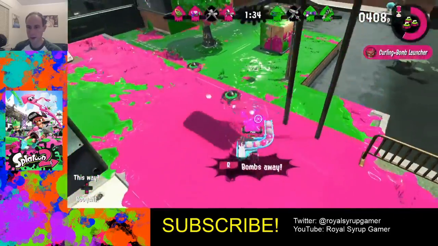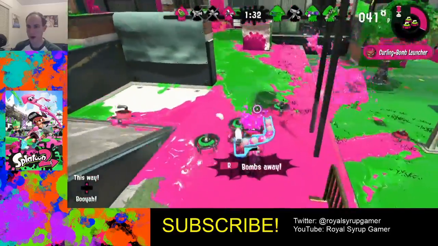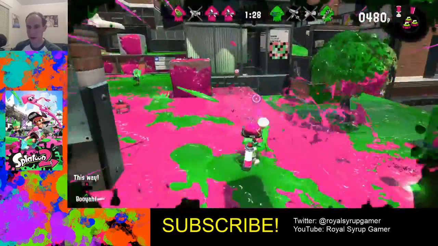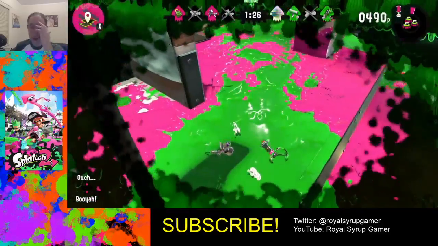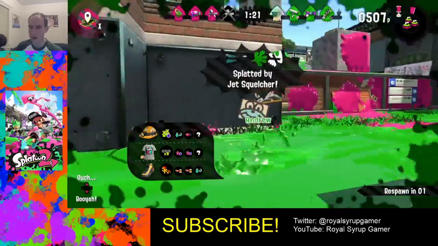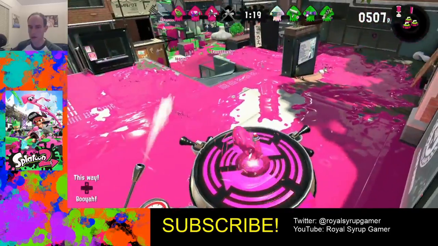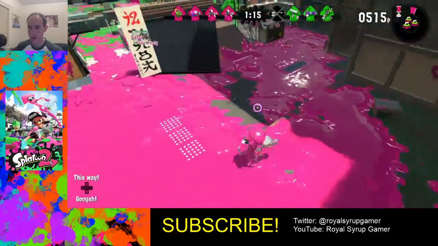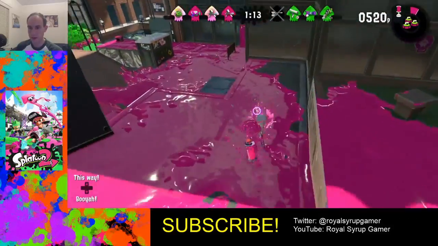I just need to go from afar like this, and I'm going to cover up a lot of area. And still got me. That's a long-range gun. Is that the NZAP? Squelcher. I've not seen that weapon before. It's not that I remember it being used. Although I am making a halfway decent score. It's not a great score, but